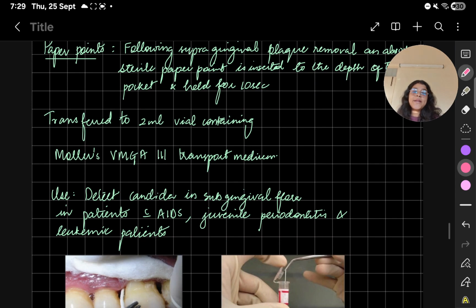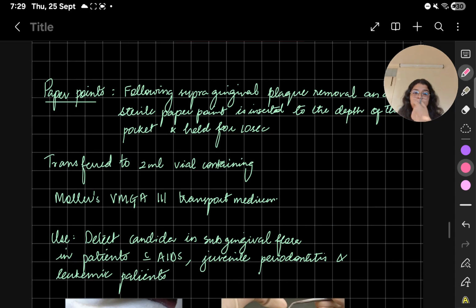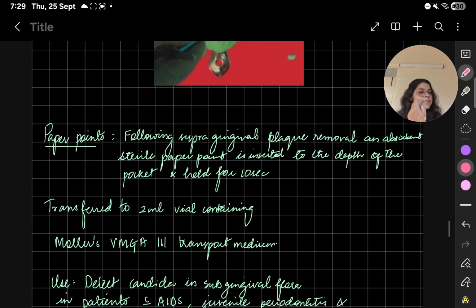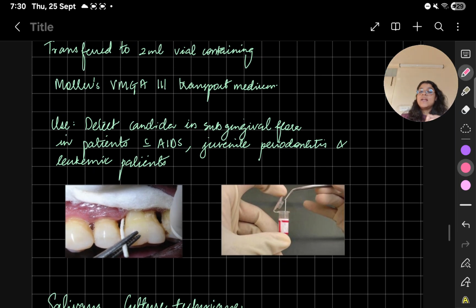Then we come to paper points. Paper points following the supragingival plaque removal. Once you remove the plaque, an absolutely sterile paper point is inserted into the depth of the pocket and held for 10 seconds, then transferred to a 2 ml vial containing Moller's VMGA3 transport media. This is where you transport the paper points, used to detect Candida in the subgingival flora